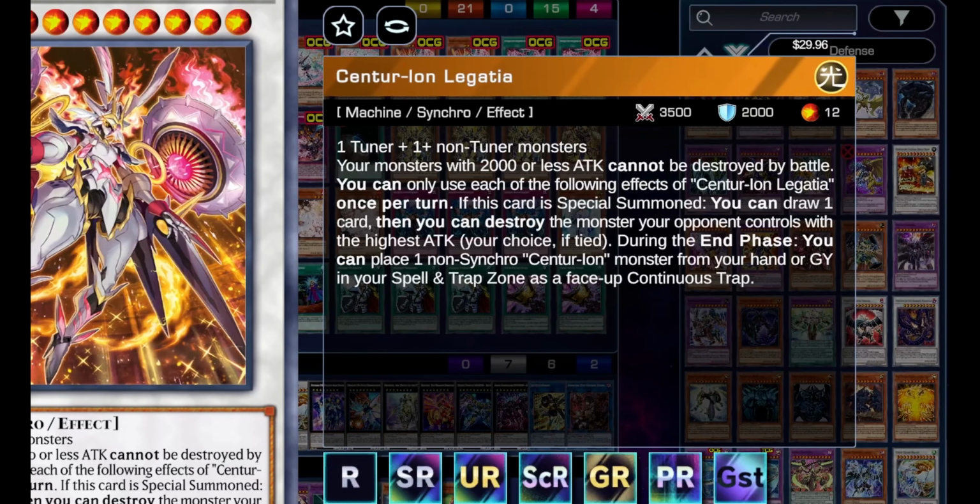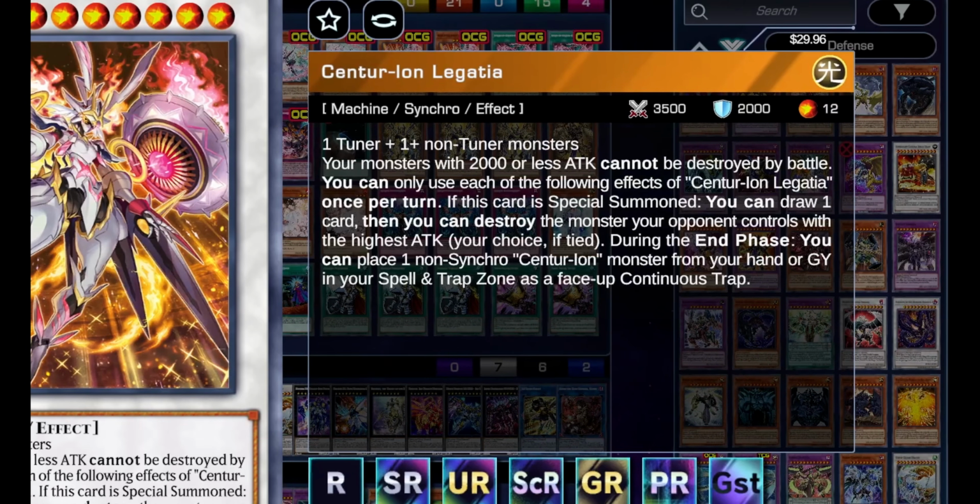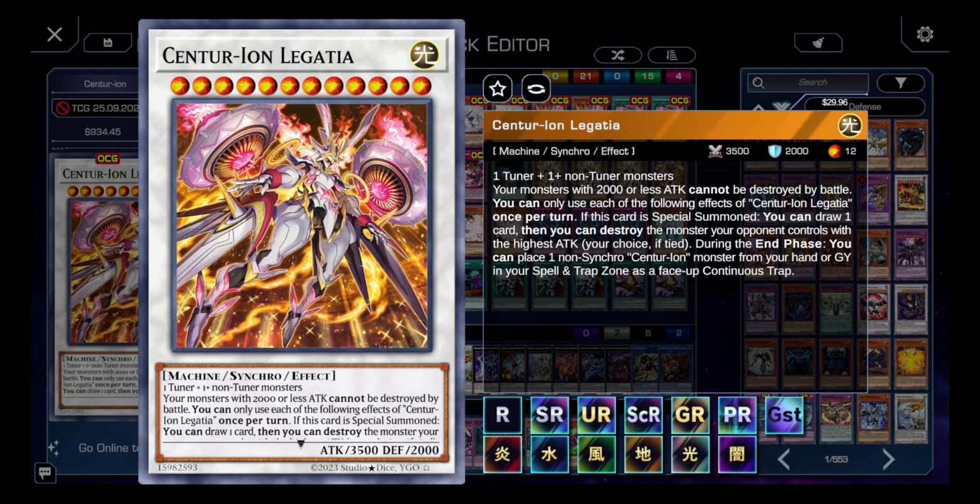But the really great thing about this card is it has a graveyard effect as well, where you can banish it from the grave to special summon one of your Centurion synchros, but then you reduce its attack by 1500. As mentioned, the synchro doesn't need to be synchro summoned to gain those effects, so again, when you special summon it, you'll get to draw a card and then pop a card as an interruption,